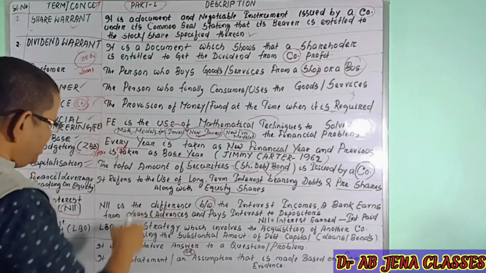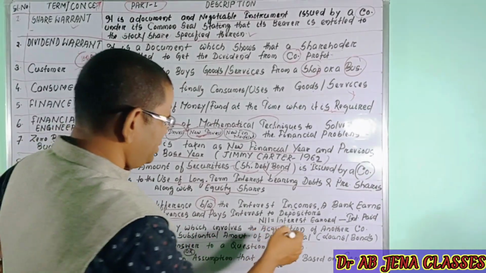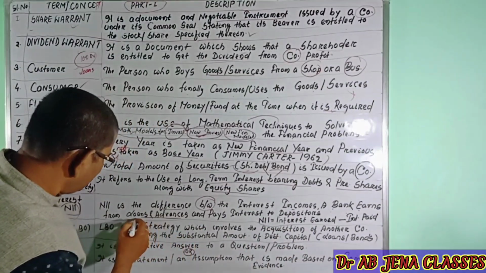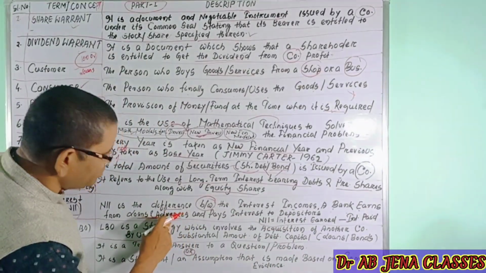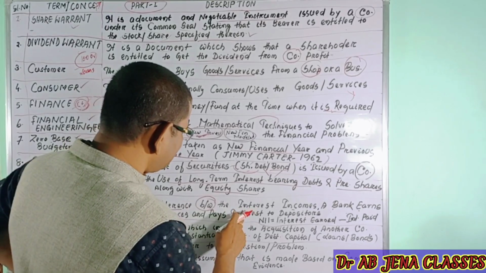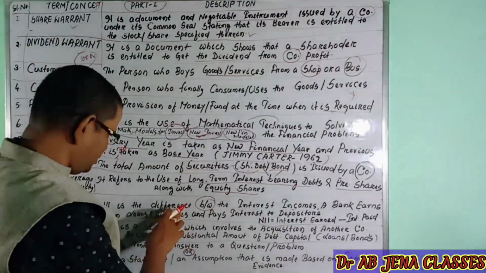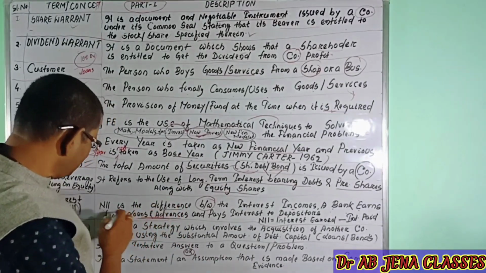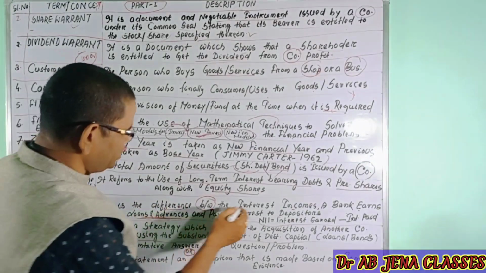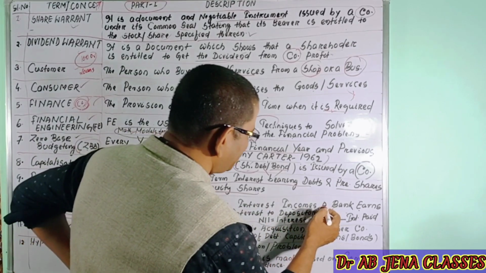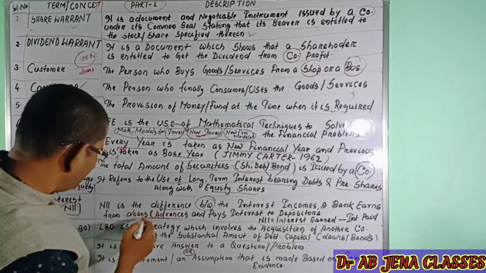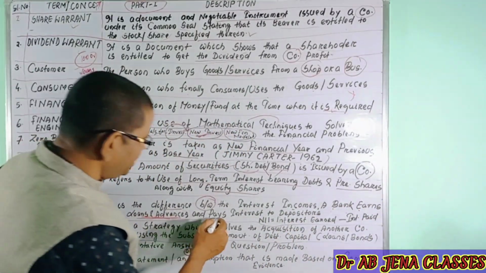Normally the interest on loans and advances is more than the interest paid on deposits. So NII is the difference between the interest income a bank earns from loans and advances and the interest it pays